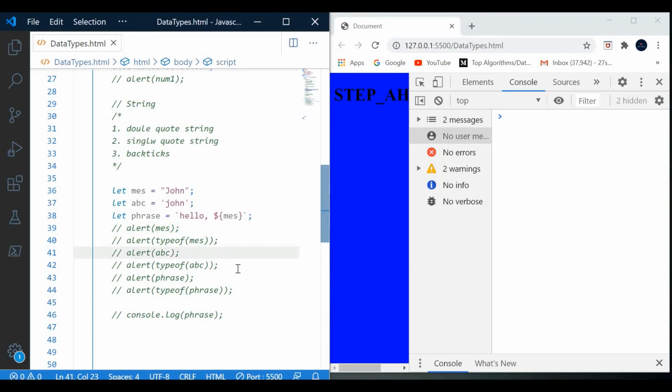We will check ABC, type of ABC, phrase, type of phrase. This shows double quote string, this shows single quote string, and this one of backticks string. So let's uncomment one by one.